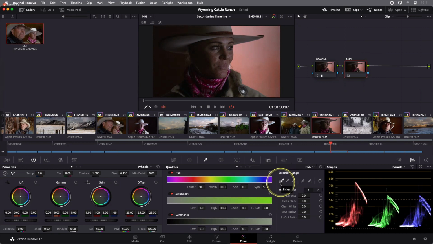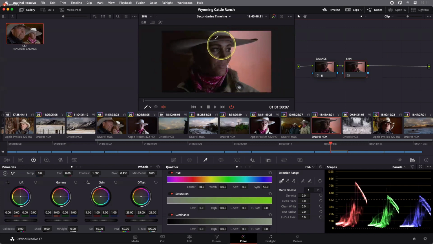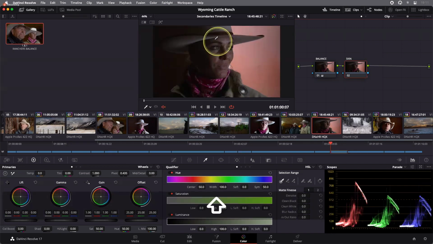And very much like with the previous example, if you click and drag, you can increase the amount of the selection. Let me just show you how this works. I just want to click, I want to sample something of her skin tone. So something like maybe across the forehead here. This would be good, or maybe around her chin here. But I'm going to use the forehead over here. So I'm going to click, and you can see